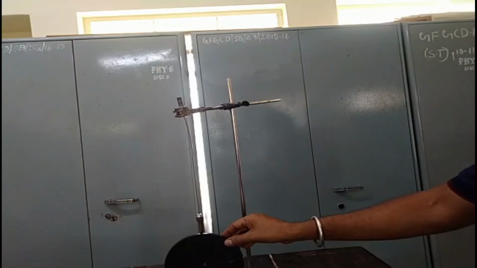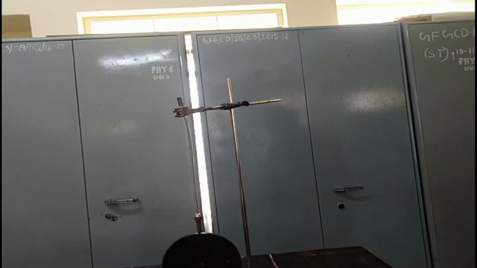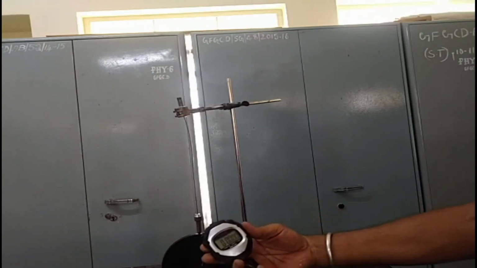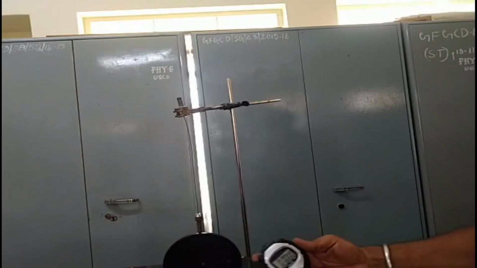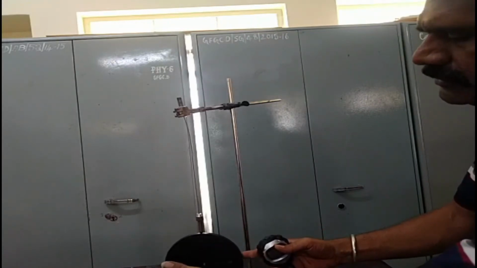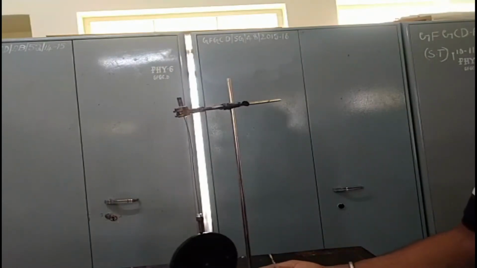Okay, now the circular body is fixed in such a way that the axis is parallel to the plane. Now perform the oscillations again and find out the time taken for 10 oscillations by resetting the timer to 0. So just rotate it and leave it. Now it is oscillating already, so we will start the timer whenever the disc comes to one side.